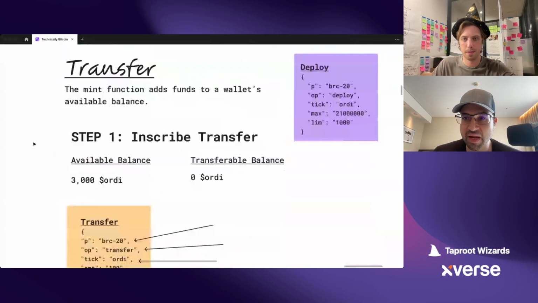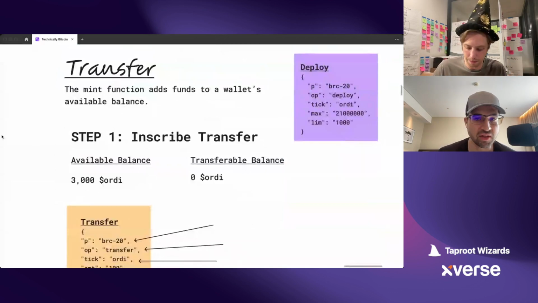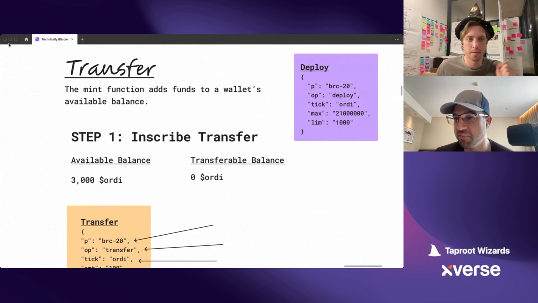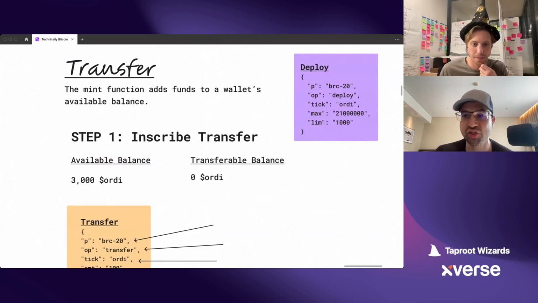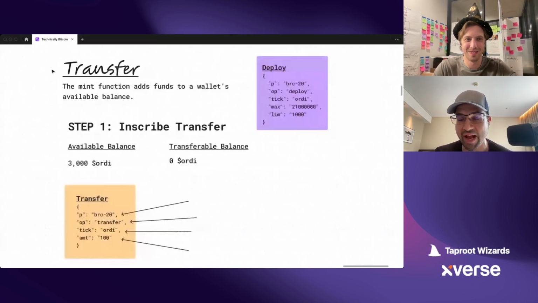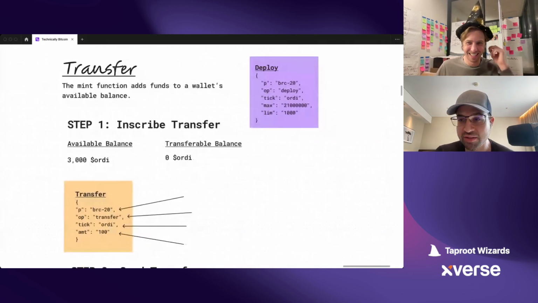So we covered these basic rules of BRC-20s, and we covered the deploy function, we covered the mint function, and right now, the last part is the transfer function, which is something that obviously is important if you mint and you want to maybe transfer it into a centralized exchange, and you can trade it there, or you want to just transfer some young coin to Tyler because he's a good chat and he's helping with all this stuff. I'm going to give him some of my coins, who knows? So Tyler, how does this work?